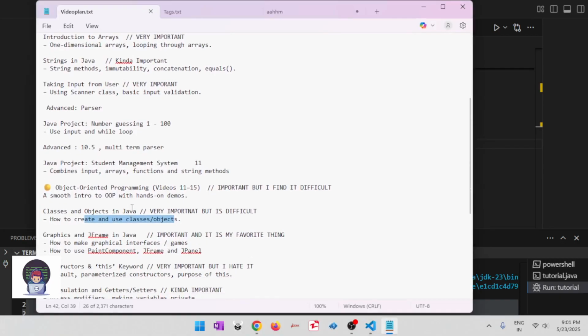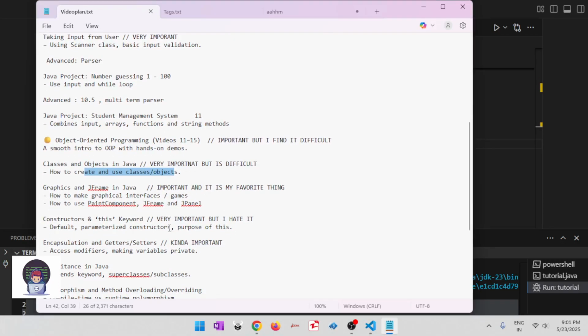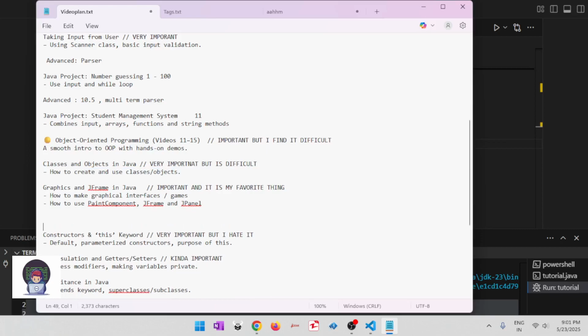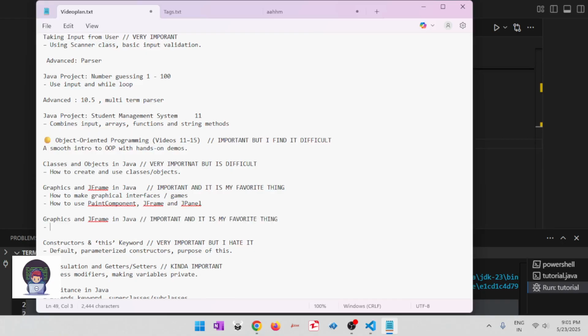So guys, actually I think, JButton, JTextField, JLabel, JOptionPane, object dot setBounds, thread, not thread actually.